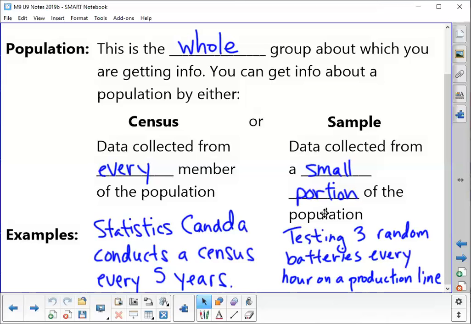And what'd they pay me? It was above minimum. It's like $2 above minimum wage, whatever that was at the time. So you have to weigh in the cost of the census. It costs money because it's not only sending out these things to every household in Canada, it's then also making sure you get them back in. So censuses are extremely expensive. And so Canada doesn't do it very often, once every 5 years.